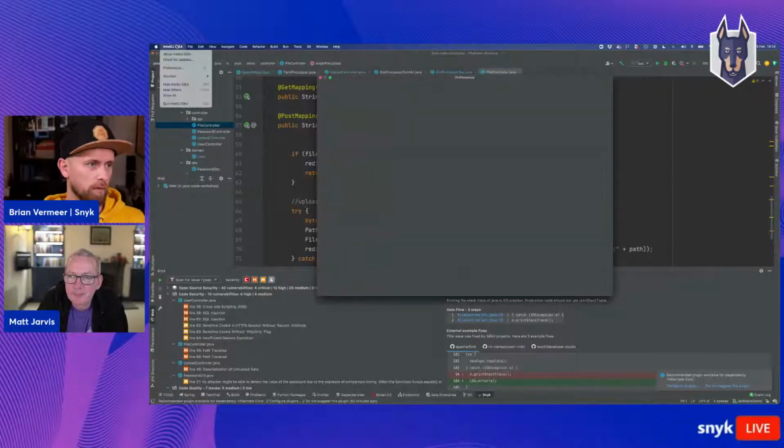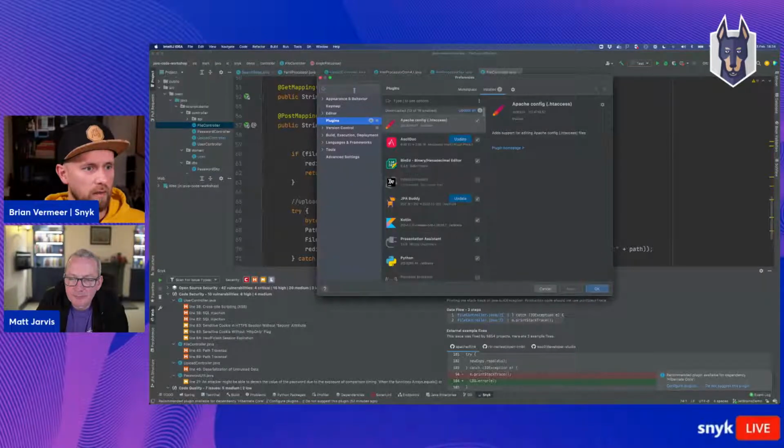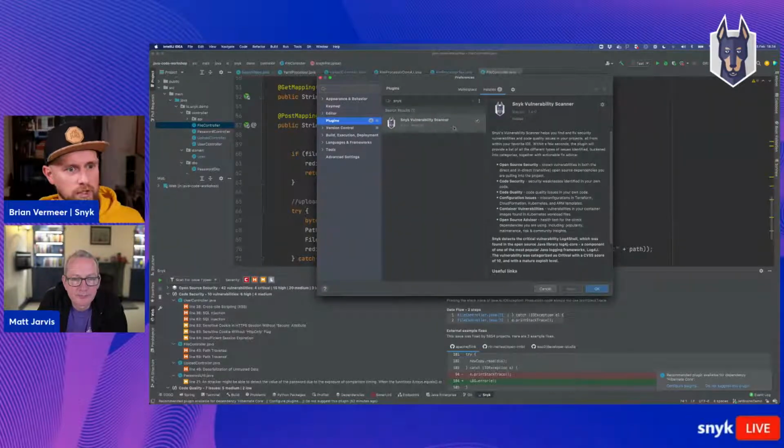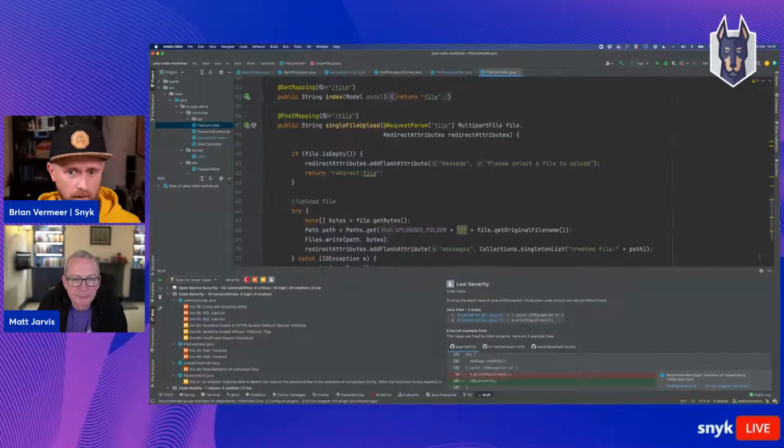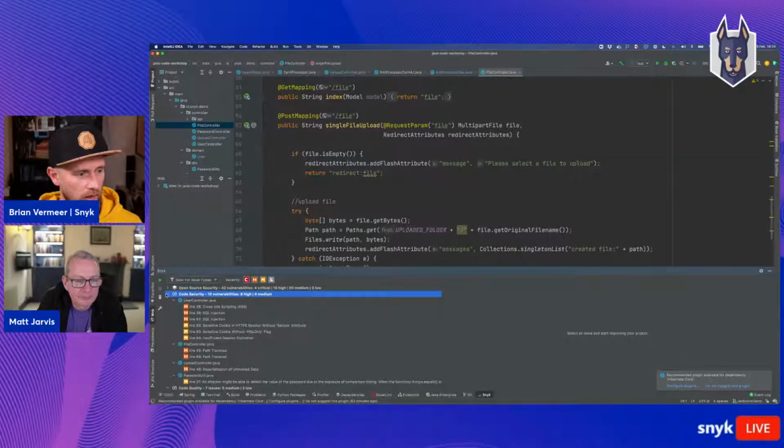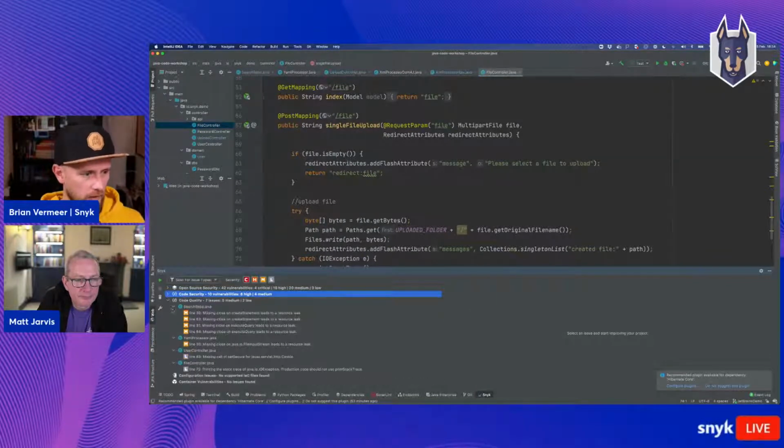hopefully, plugins, and if I go to Snyk, you will see that my Snyk vulnerability scanner is already installed, and that scans both my open source, my code, but also things like code quality can be scanned and other issues. But let's focus on the code problems for now. I scanned this already with Snyk Code, so you see that over here,